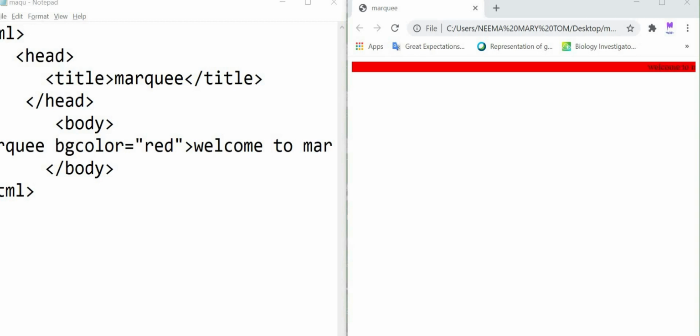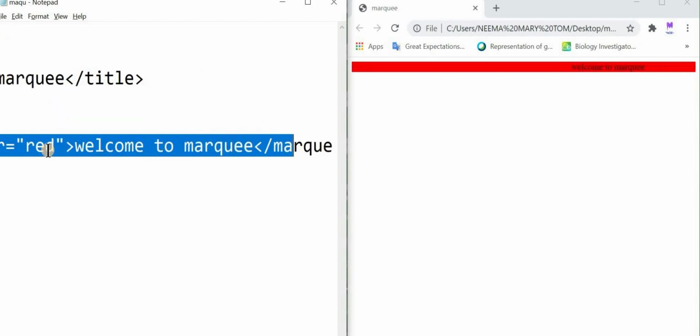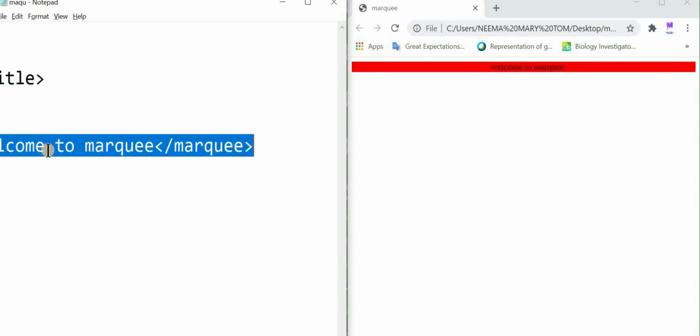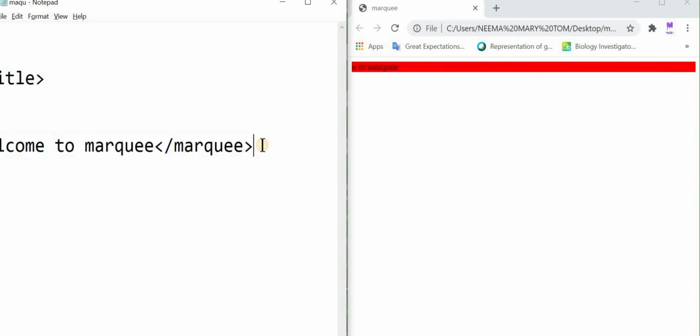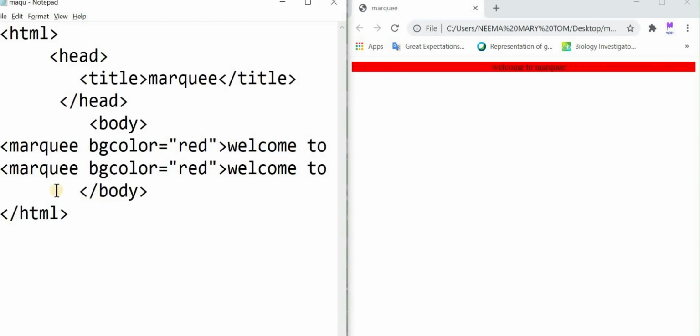Now let's learn about another attribute of marquee, that is the width attribute. For that I am copying this full text from here and pasting it down. Now you can see the marquee bgcolor attribute red here, and the text welcome to marquee.